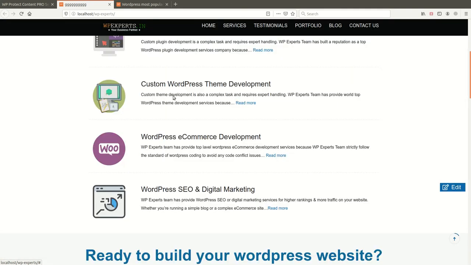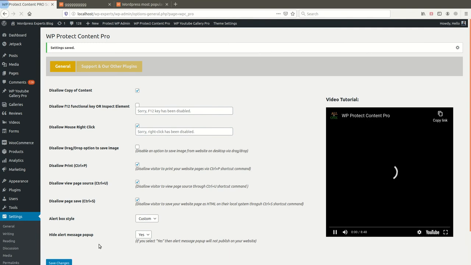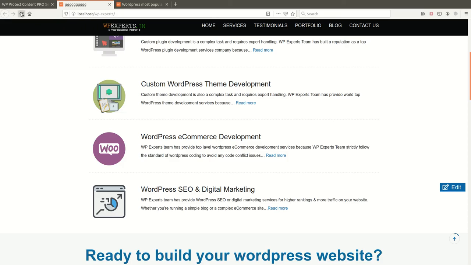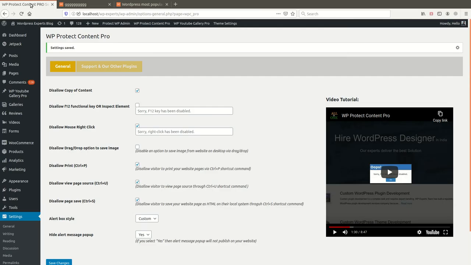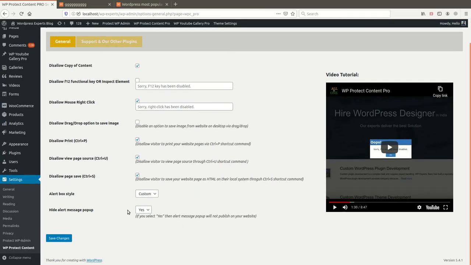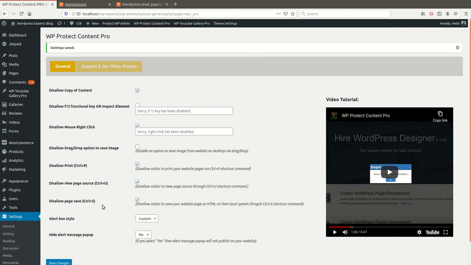If you don't want to display this pop-up message, then you need to hide the alert box, and refresh the page. Now I am trying to right click, but no message is showing because I have hidden the alert box message. So these are the basic settings, and I hope these settings are clear.